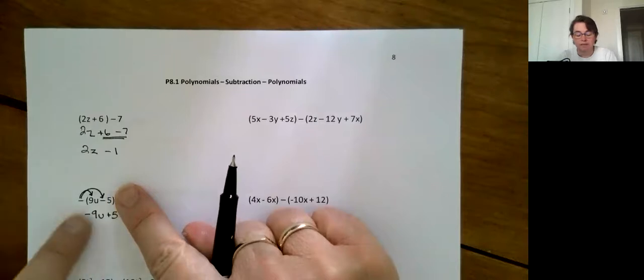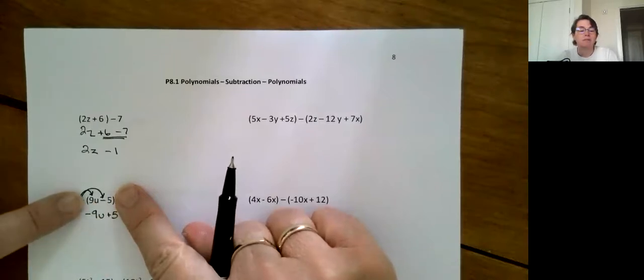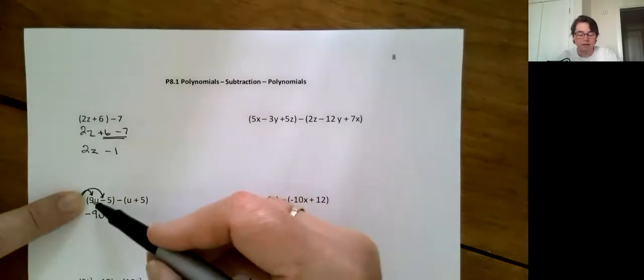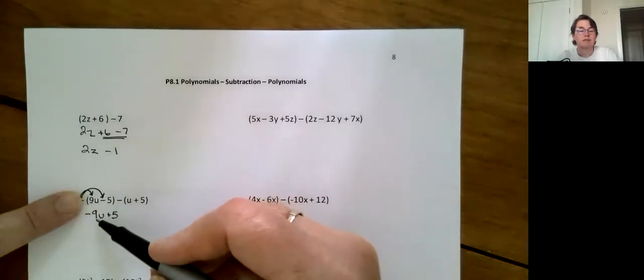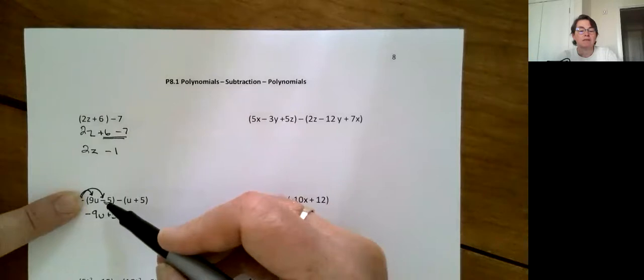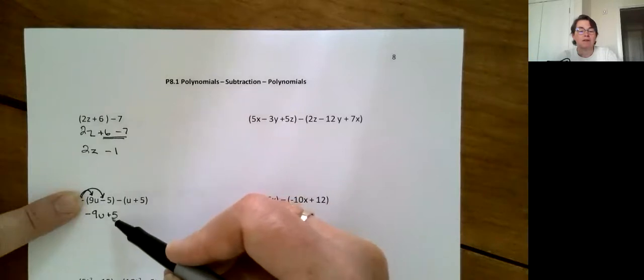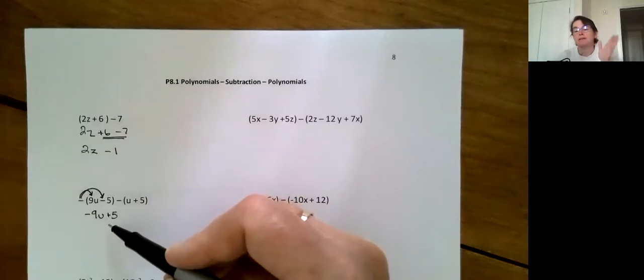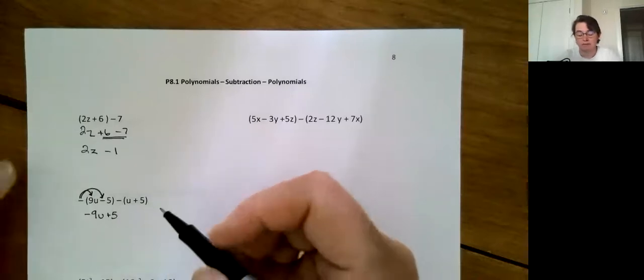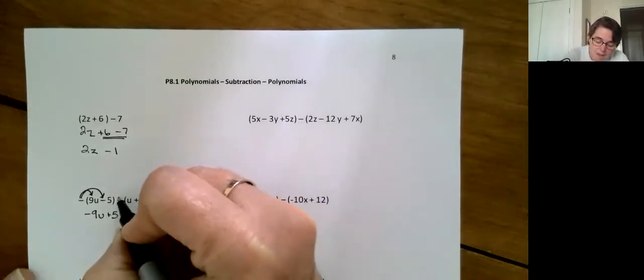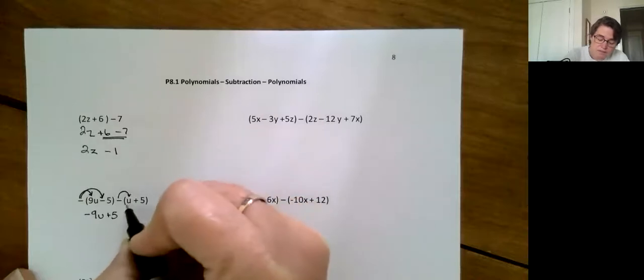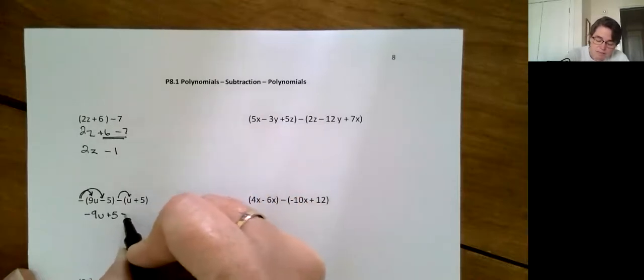One of the things I can do, when there's a negative outside of a set of brackets, is stop right now and make sure that whatever I'm seeing in the brackets, so this was positive 9, is now negative 9, and this was negative 5, and it's now positive 5. Because when you subtract, you add the opposite. So that's what we're doing when we're distributing. So this was a plus u, this now becomes negative u,